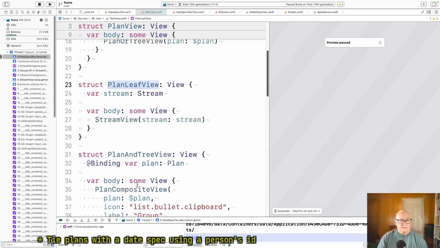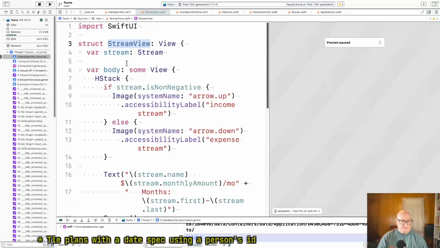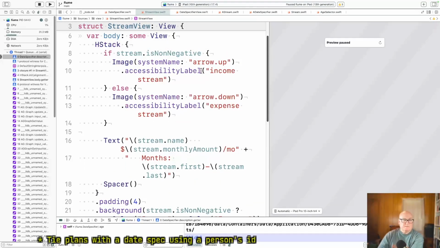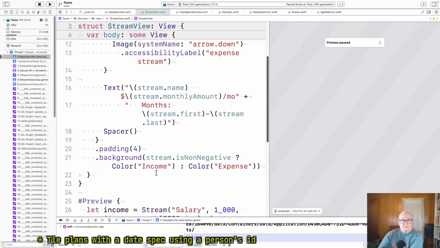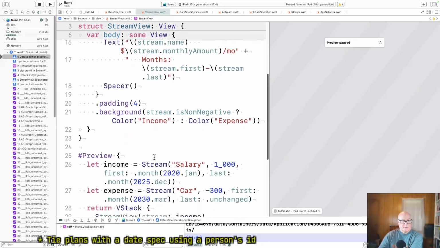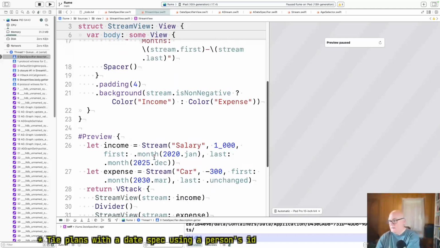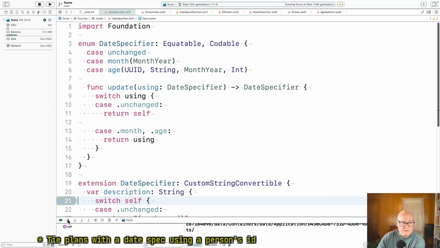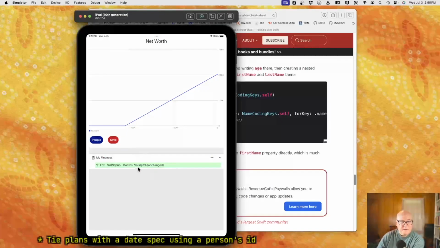Leaf view. Stream view. Okay. Stream is non-negative. Okay. Stream name. Stream first. I'm going to continue. Vera.